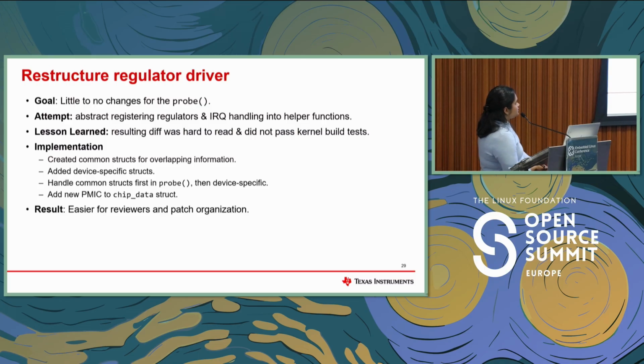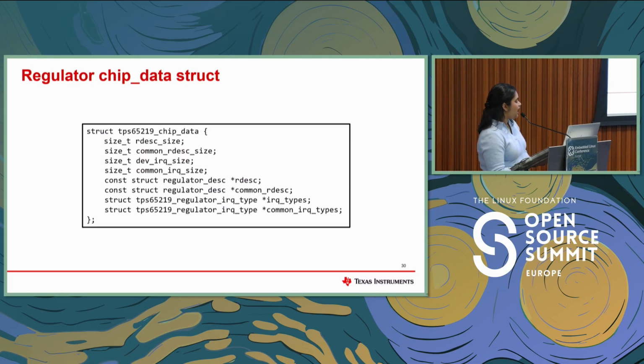So the implementation that I did instead was to create one common struct for all the overlapping information, then have device-specific structs for the regulator description and IRQ handling, and then those are handled sequentially within the probe. I'll then add a new PMIC to a chip data struct, not the exact same one as the PMIC's MFD driver, but we'll go into that to show how it was easier for reviewers and patch